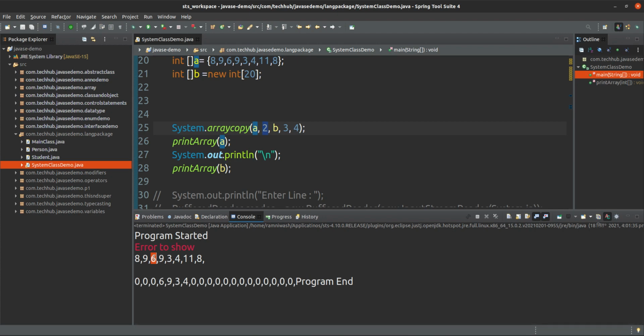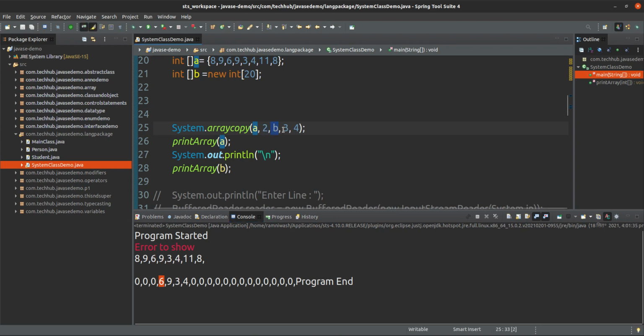From the source we start taking elements from the second index, which is 6. And inside the destination array we started inserting from the third index. So 0, 1, 2, 3, yes, this is the third index, and we want to store 4 elements. So the 4 elements 6, 9, 3, 4 are stored, and the remaining will be 0. So like that we can use this arraycopy